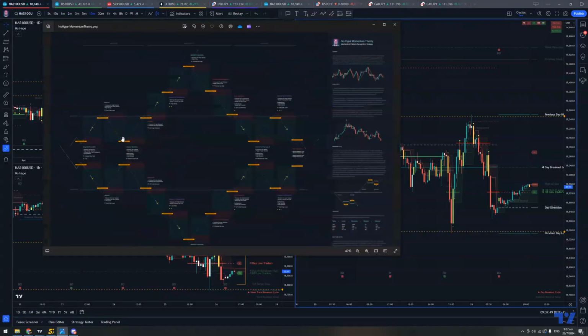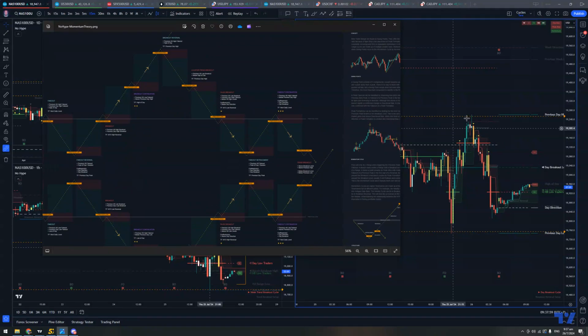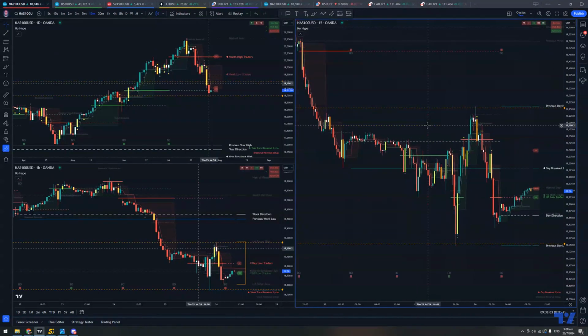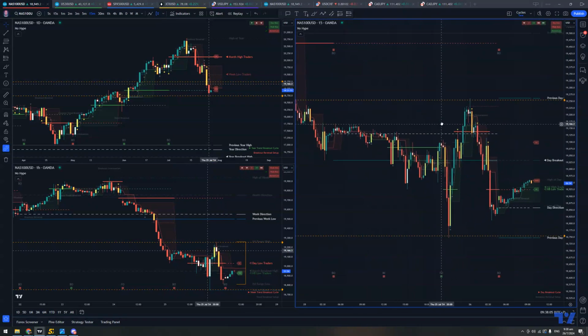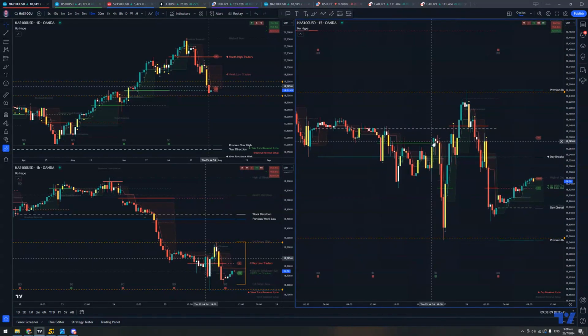So these setups over here are what I trade when I'm in a range. This is what I trade when I'm in a breakout. And once the peak formation is formed, I trade the fake out cycles. So coming into New York, I was looking for a high of day. Didn't happen. So I was looking also for a